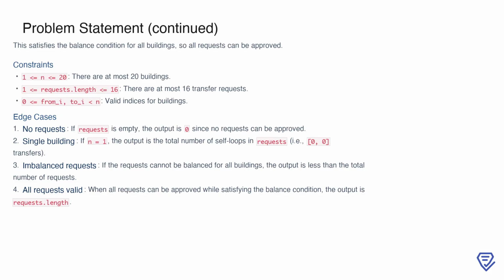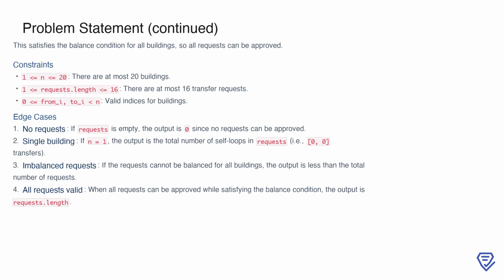For a single building, the output would be the number of self-loops, such as [0,0] requests. Additionally, if the requests are inherently imbalanced, meaning it's impossible to satisfy the balance condition for all buildings, the output will be less than the total number of requests. Finally, in cases where all requests already satisfy the balance condition, the output would simply be the length of the